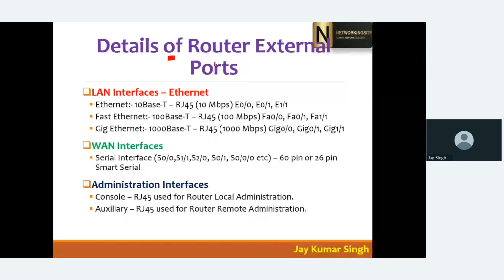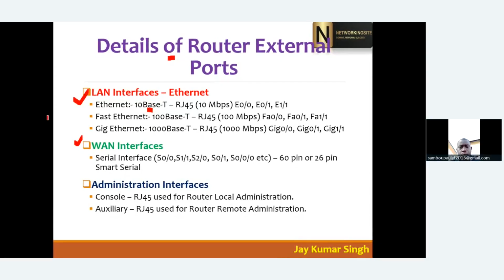So here are some details of the router external ports. We have come to know about the LAN interface, which is Ethernet. Ethernet is divided into three categories: Ethernet, fast Ethernet, and Gigabit Ethernet. Ethernet supports 10 Mbps, which is known as 10 base T, meaning 10 Mbps baseband twisted pair.